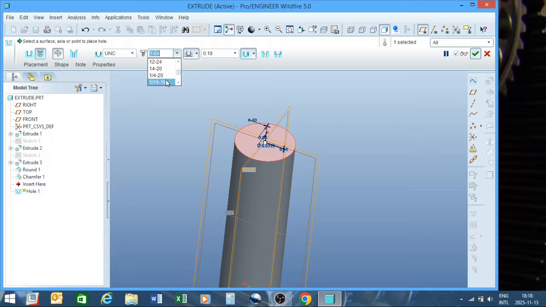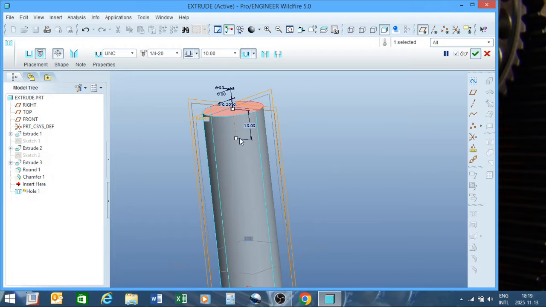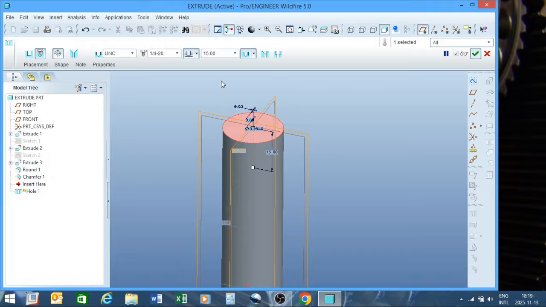Then the depth of our hole needs to be at least 10. Let's make it 15 actually. Then if I hit OK,